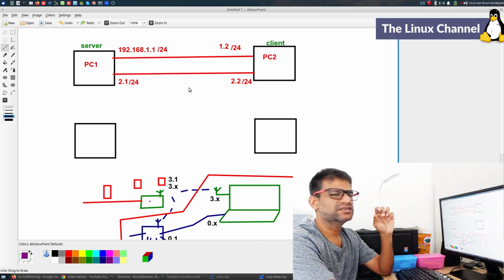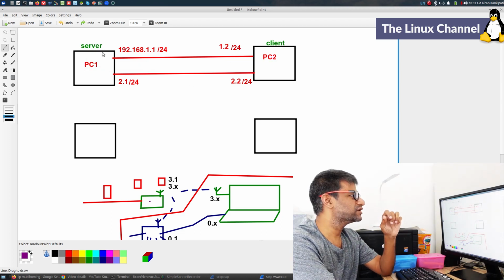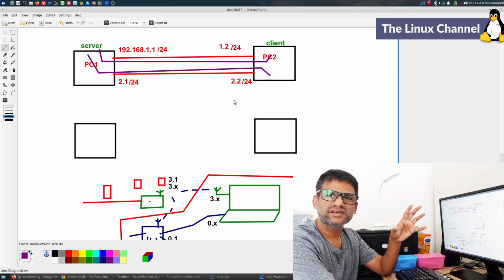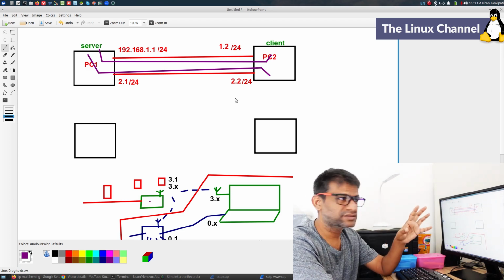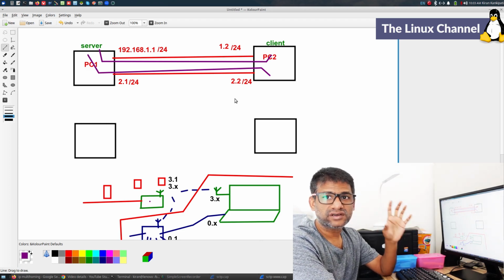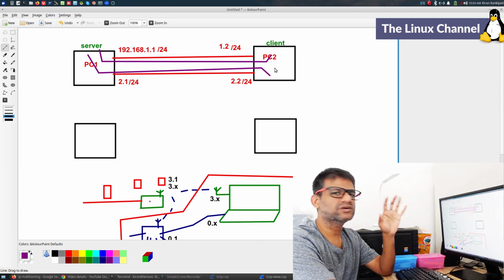But in the case of SCTP, if you can do that, then what happens? The packets can split between these both ports, and both can communicate in this way. So this happens at the socket level. Okay, so this is what it is.